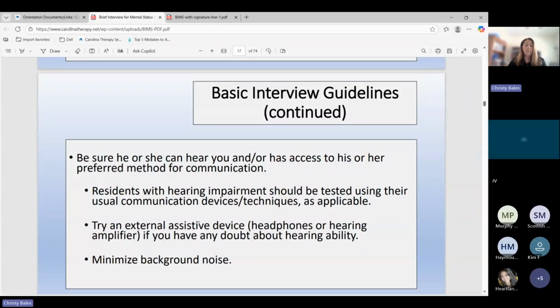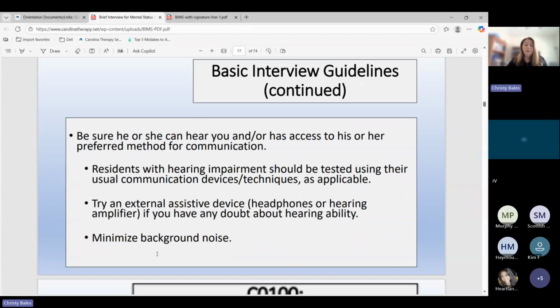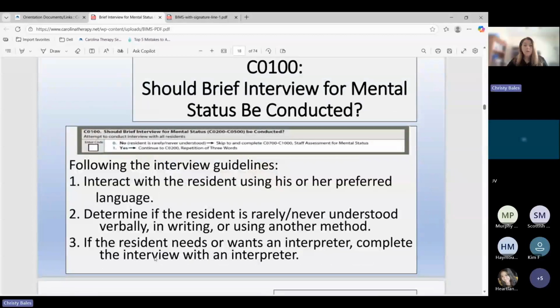easily accessible for them. And then, of course, shut the door, go into a quiet place. If the roommate has a TV on, request that the TV gets turned off, because it's not fair to assess somebody's cognition if there's a lot of background noise. All right,